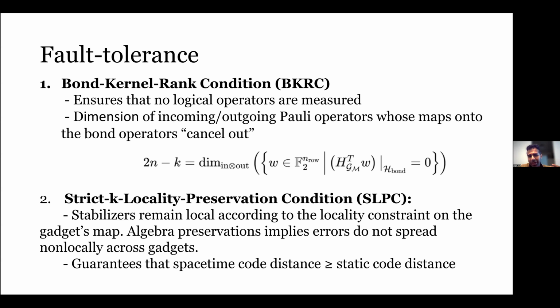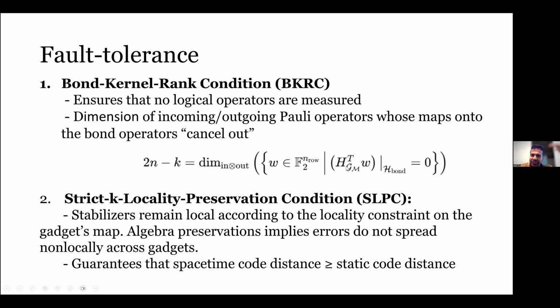And we want that to happen only for the incoming and outgoing stabilizers. We don't want that to happen for the logical operators. For the logical operators, we want them to flow through the gadget up to some logical automorphism, right? That's the non-trivial aspect of our construction, that we are able to reproduce non-trivial logical automorphism codes. And so we want the logical operators to go through our gadget up to some automorphism, but we want the stabilizers to be measured. So we write this sort of condition where we say that this HG,